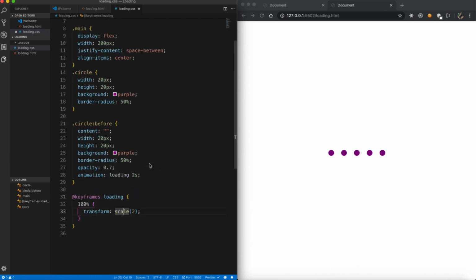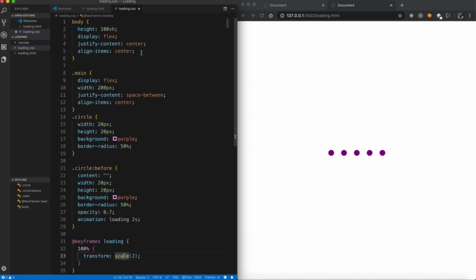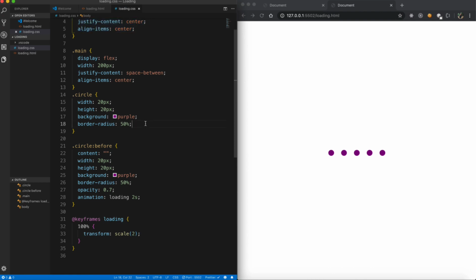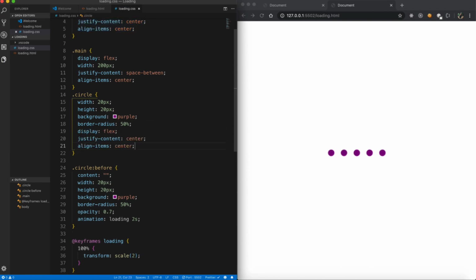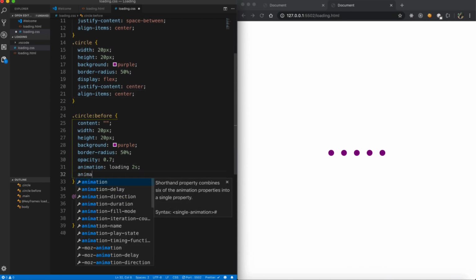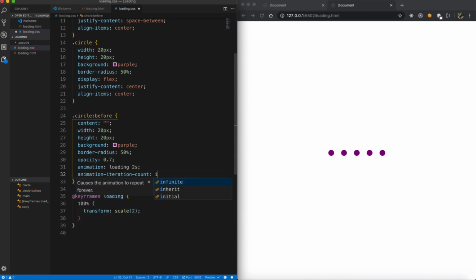So this is the animation part, but we actually forgot to do one thing. For it to be actually visible, the other circle right now is not visible, we need to position it correctly. So I'm going to again use Flexbox to do it. So now you can see that the animation is working. It worked once, and the reason why it worked only once is because we have not given it an iteration count. So here let's also give animation-iteration-count as infinite. We want this to repeat over and over again.